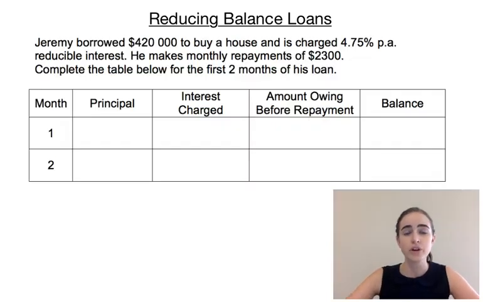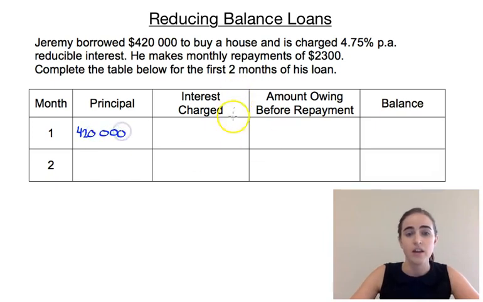It says Jeremy borrowed $420,000 to buy a house and is charged 4.75% per annum reducible interest. He makes monthly repayments of $2,300. So we've been asked to complete that table for the first 2 months of his loan. So we're going to start off month one, the principal, so the initial amount he has at the start of that loan is that